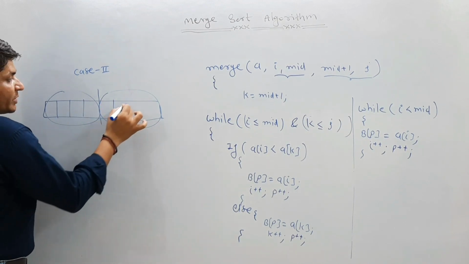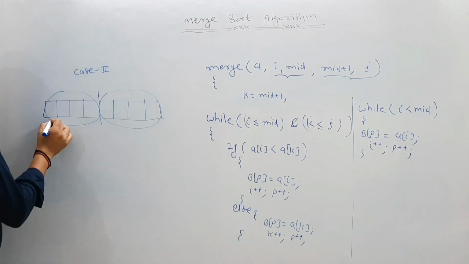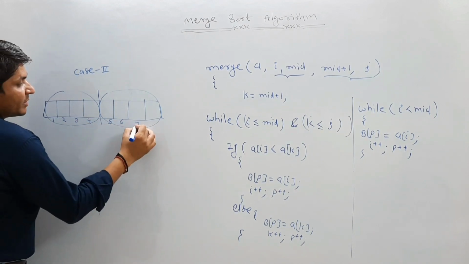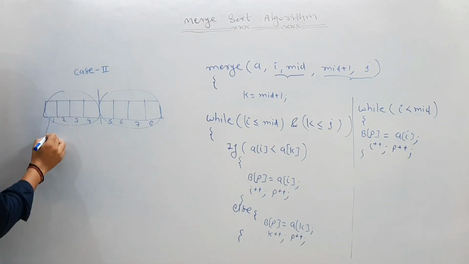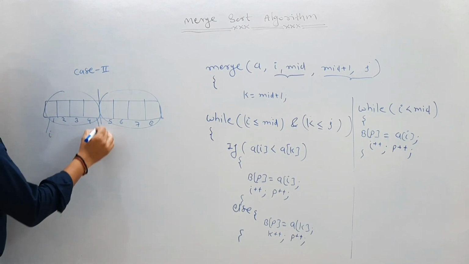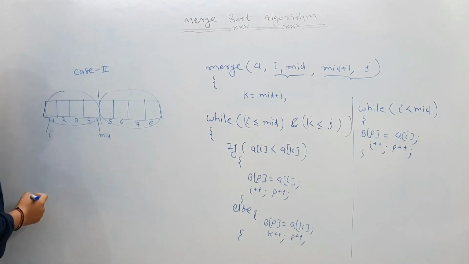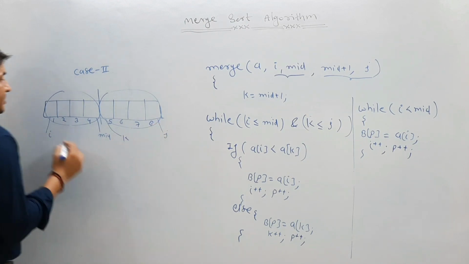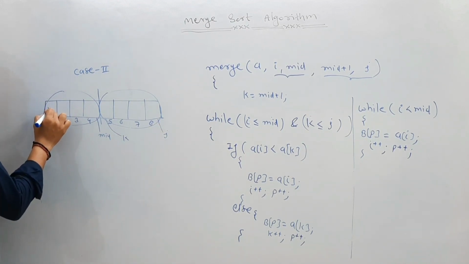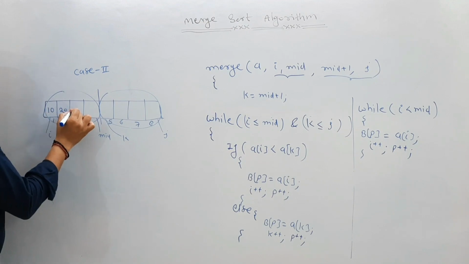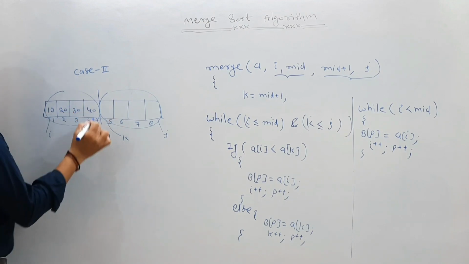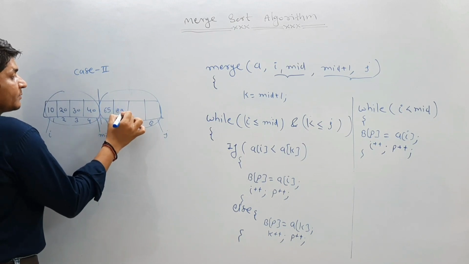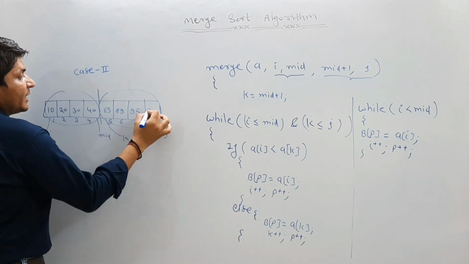In this array also we are having 4 elements, correct? So let's say index number 1, 2, 3, 4, and this is 5, 6, 7, 8. Now I is pointing to the index number 1, and mid is pointing to the index number 4. This is K, and this is J. So let me store some elements. Let me store 10, 20, 30, and 40. Now in this, let me store 65, 89, let's say 95, and 98.